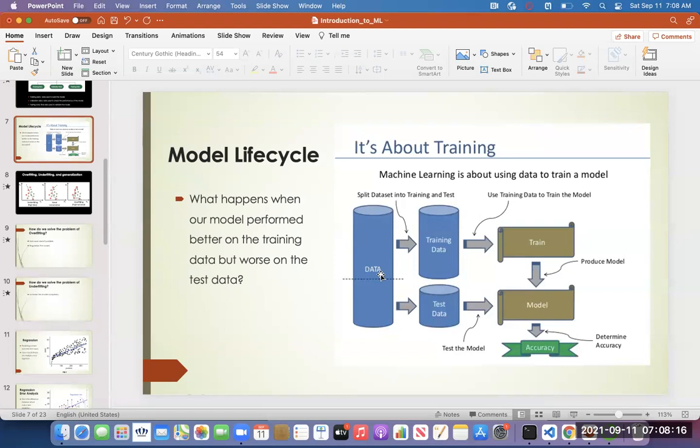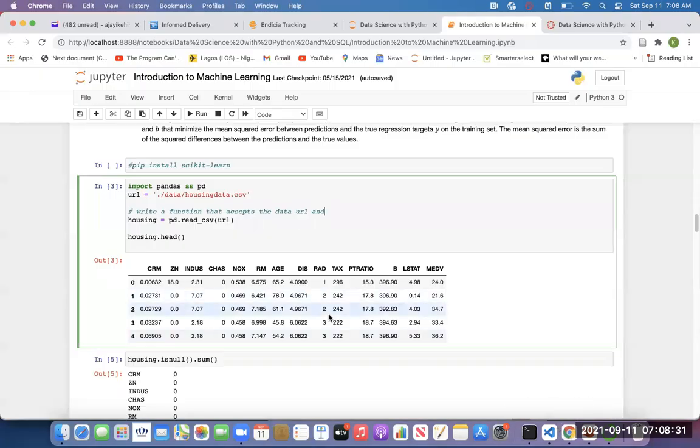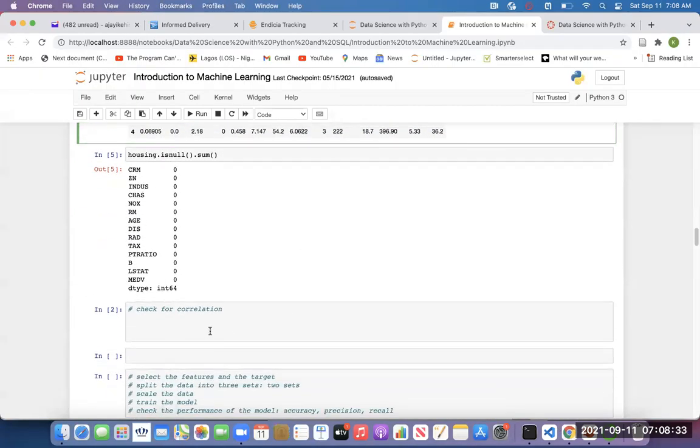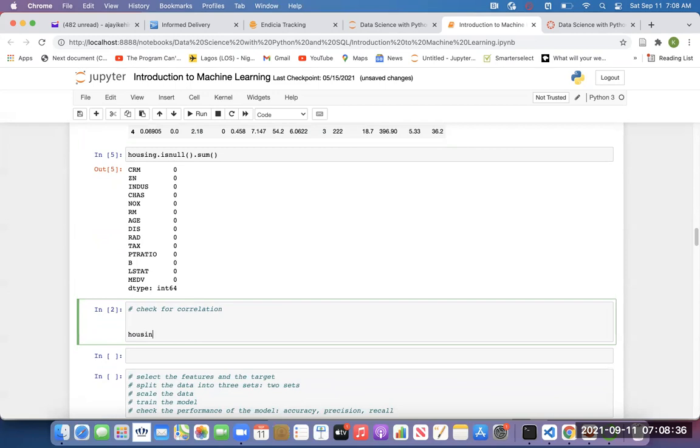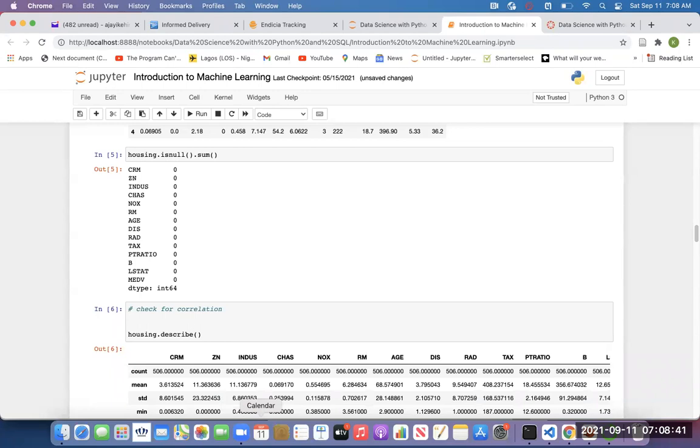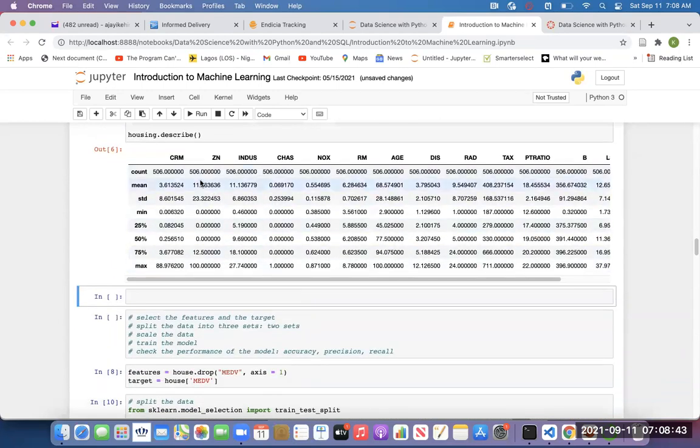because before you build a model, it is always a good practice to normalize your data. By normalization, we mean we want to bring all the variables in the data to the same scale so that no variable in the data will be dominant. For instance, let me show you an example here. Let's use describe to check the range of the data. Okay, now watch. See the CRIM, the minimum is 0.006 and the maximum is 88.9.